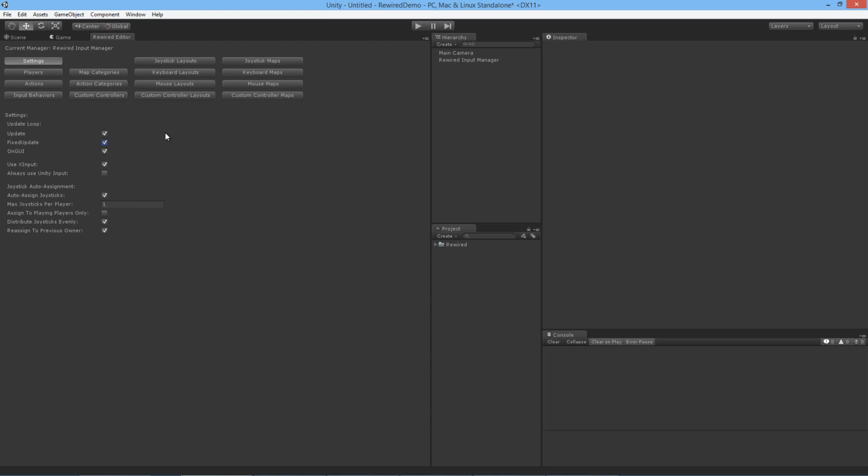So if you need to get input in the on GUI loop, you should enable on GUI, and then input will be updated specifically for the on GUI loop so that you can get things like get button down and they will work correctly. This next section here allows you to choose your input sources. This first option, XInput, is available on Windows and Windows Store games. And it will use XInput to control XInput compatible devices such as the Xbox